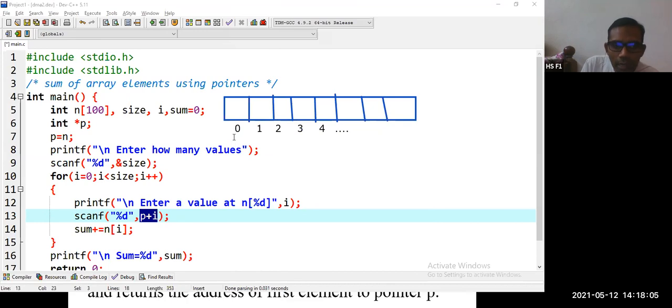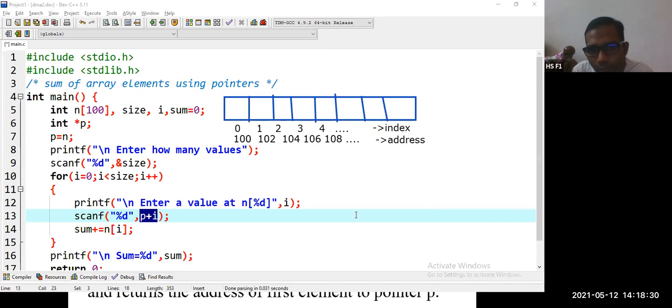Now, these locations also have addresses. What is the address? Say 100, then 102 if it is allocating 2 bytes, 104, then 106, then 108, and so on. So this is the index, and this one is the address. So indexes are there, addresses are there.